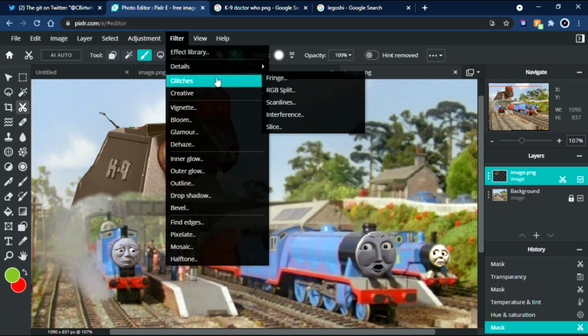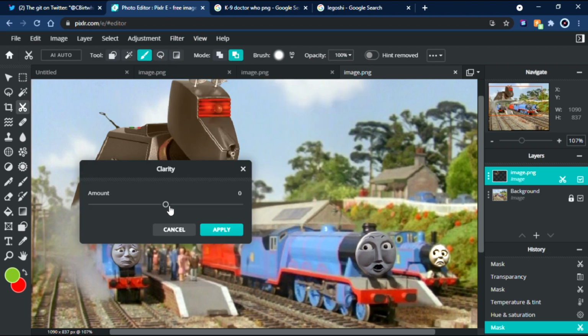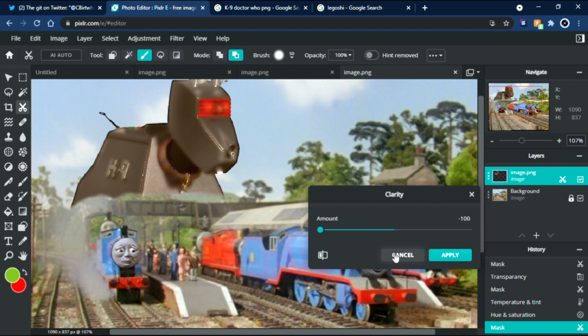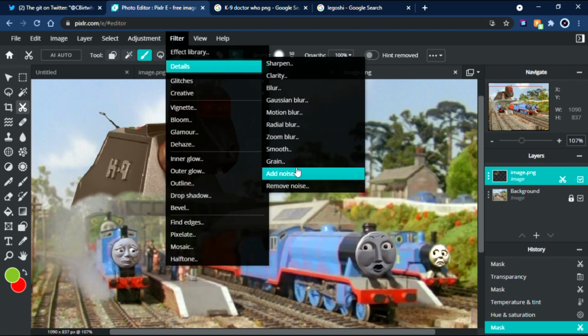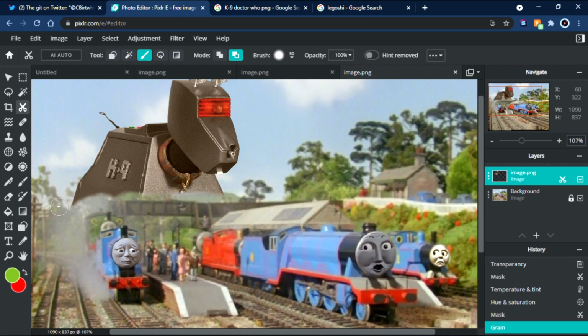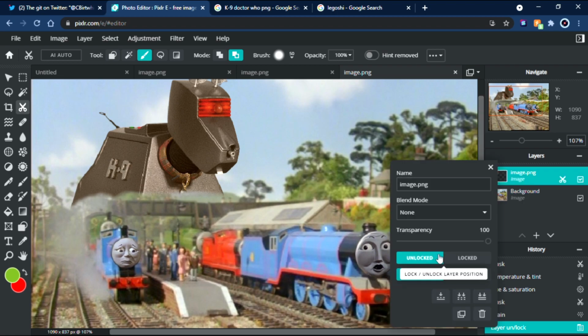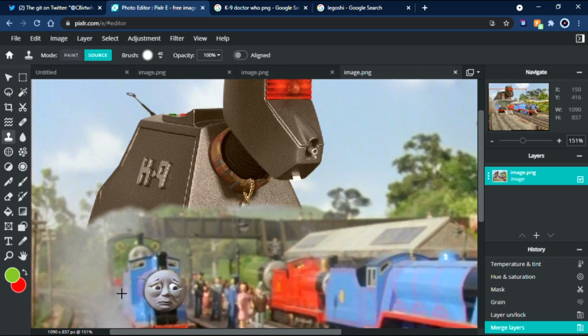But basically I just mess around with these things a little to get some details that you get some wonderfully cursed things, which is why I do like to mess around with it a bit, even if I think I've got what I want. I mean, if I had a bit more granulation, not that much, but that much, and then I flatten the image again, once I've unlocked it that is, you'll see that I can go over to the source paint tool, get some steam,